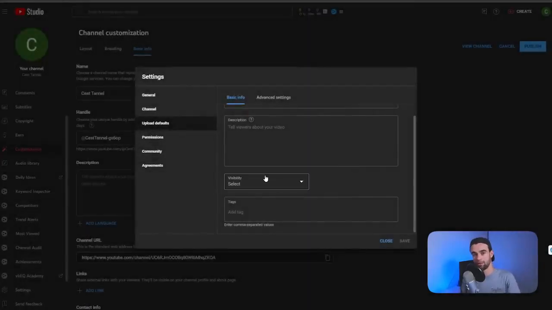Now, by default, YouTube is going to upload all your videos as public. So once you upload them and hit publish, it's going to immediately be sent out to all of your fans. So a really nice safety precaution: click on this, change it to unlisted, hit save. That way, next time you upload a video that was meant to go live at a later date, you're not going to accidentally post it.